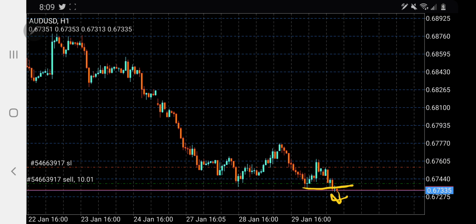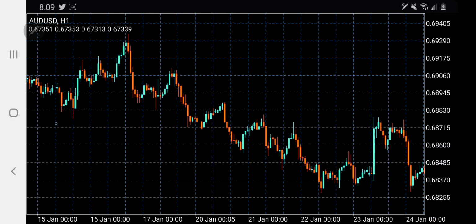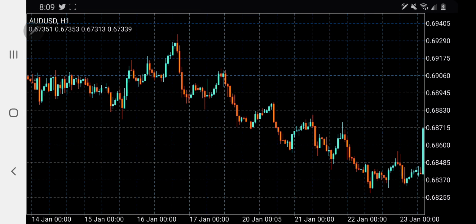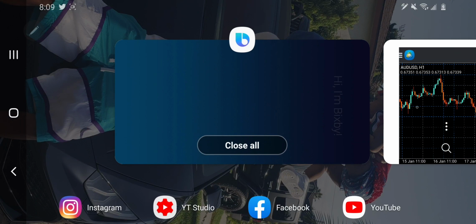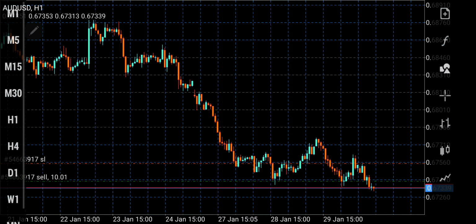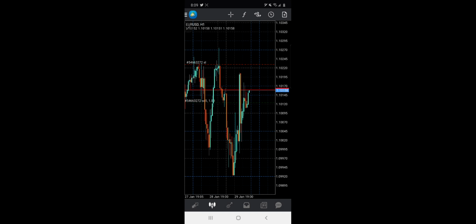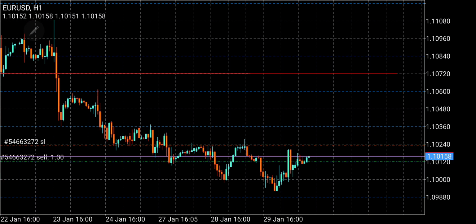Boom. All right, let's check on some other pairs. My bad, guys. I'm trying to pull it a little. There we go. Okay, so let's check on some other pairs. Give me a second. Okay, so that's the profit on this Euro USD. It didn't do anything, so it's still just there waiting. We can look at that. Still in consolidation, not doing anything at all.